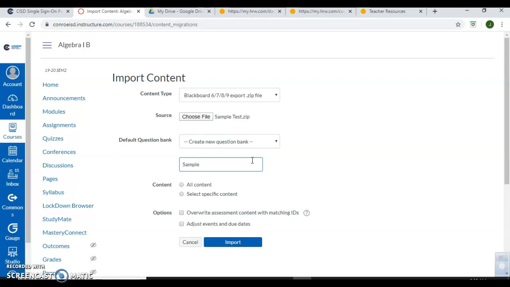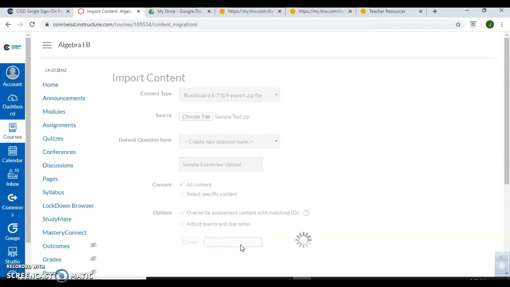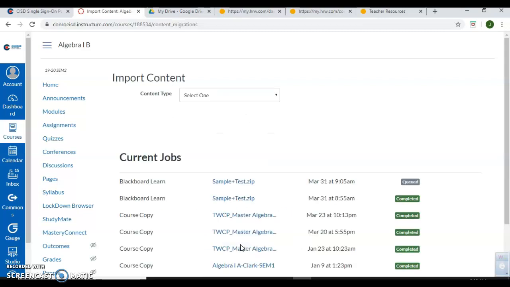So this is sample Examview upload. I'm going to tell it to upload all content and import. Okay, and so now you can see it gives you your queue for your current jobs. And once it says completed, then we're going to go over to the left side of the screen